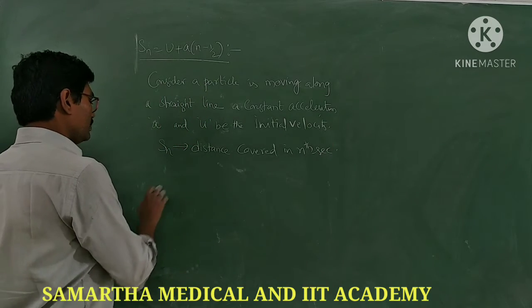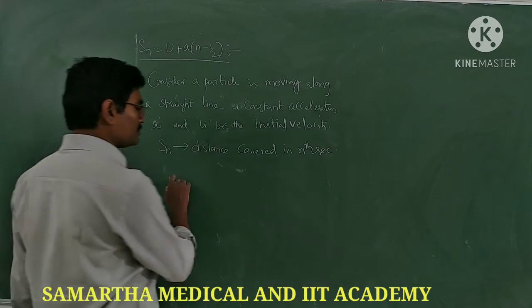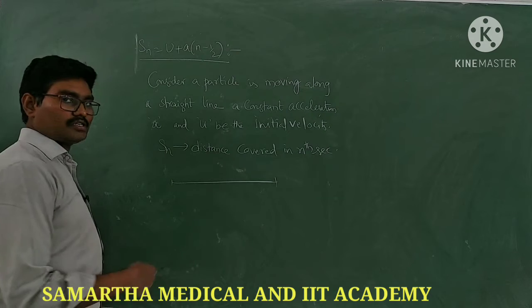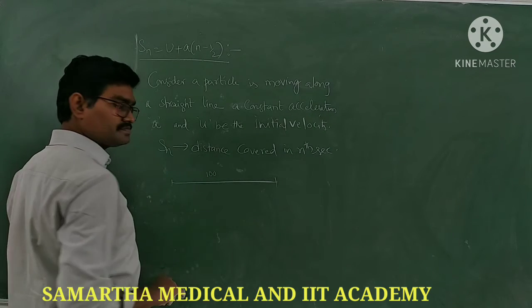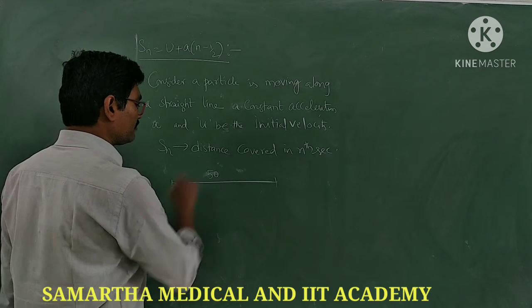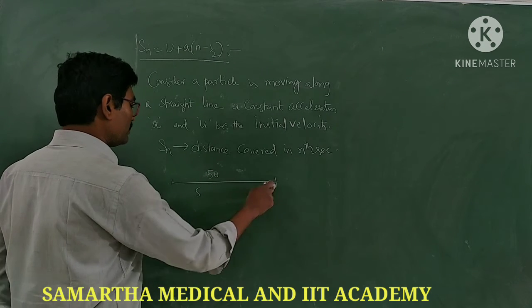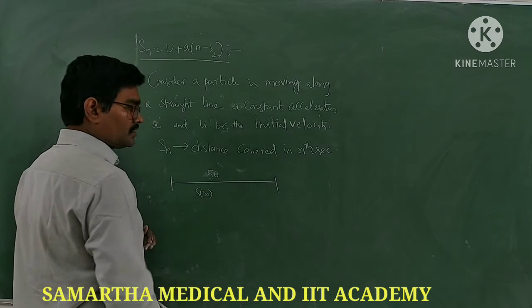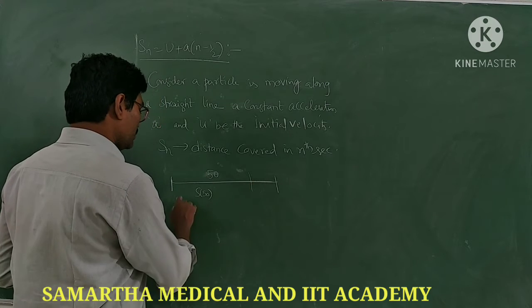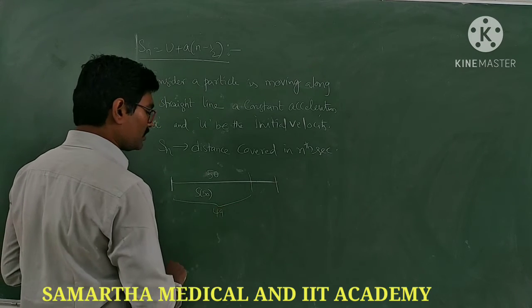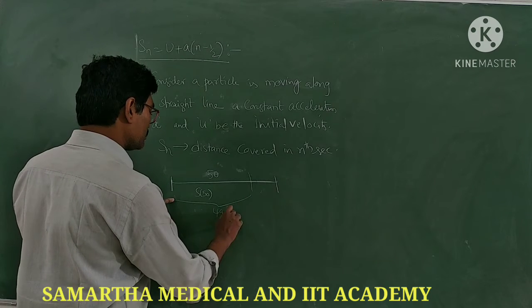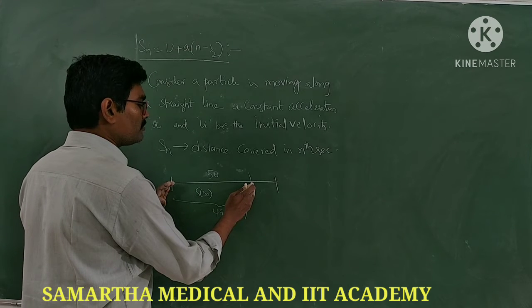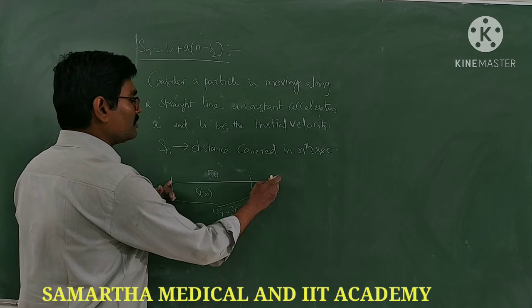Right, now see here, if you want to find the total distance covered in nth second, one general example we will take. Suppose 100 seconds I have taken, or 50 seconds I have taken. During that 50 seconds, distance covered is from here to here. But before that, if I calculate distance up to 49 seconds also, means for 49 seconds distance covered is equal to S for 49. That means till here 49 seconds the body covered distance. This is fully distance covered in 50 seconds.